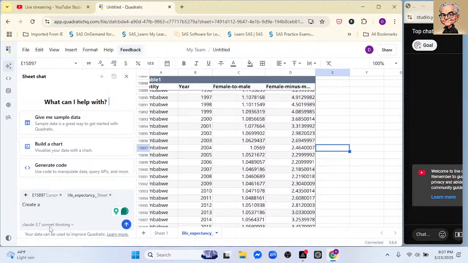For fun, we're using Claude 3.7. I'm not sure what the difference between Sonnet Thinking and Sonnet is, but we'll just leave it the way it is. We're going to create a histogram and a